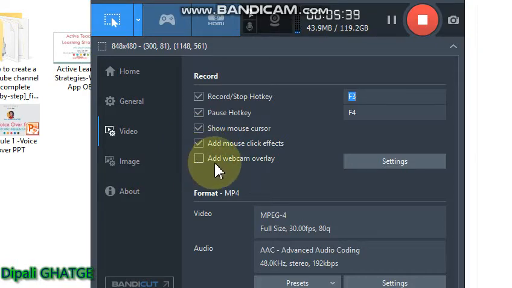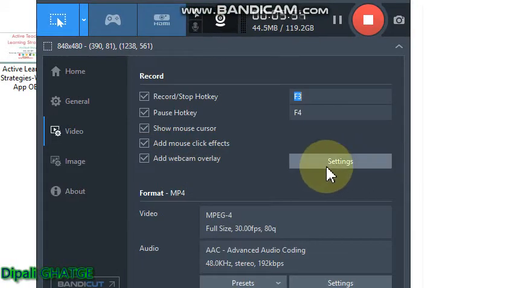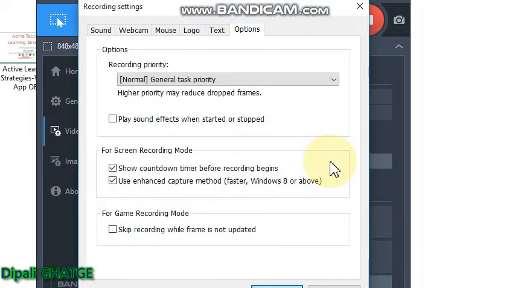Then if you want a video overlay, like if you want your own video captured through the web camera of your laptop or any external camera, then you can click here, add webcam overlay. Okay, now click on settings. Here